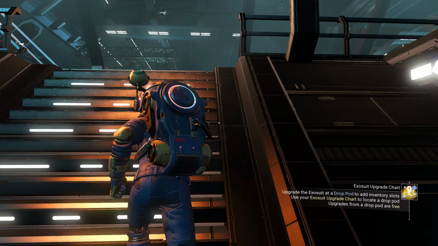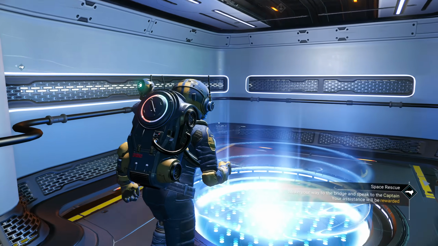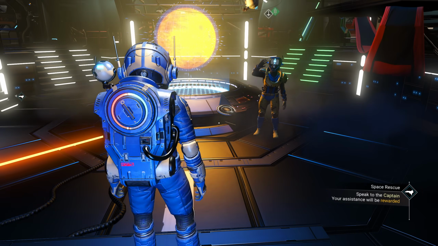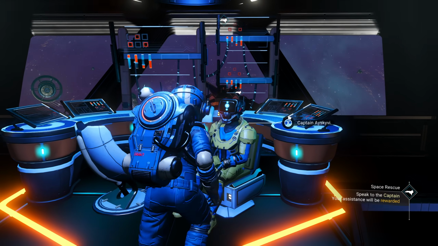Now the secret is the first rescue you do will give you the freighter for free. Let's walk over here. This is a teleporter up to the bridge. The first rescue mission you do, we just rescued this freighter. The first one we do, they give it to you for free. So if you talk to the captain,